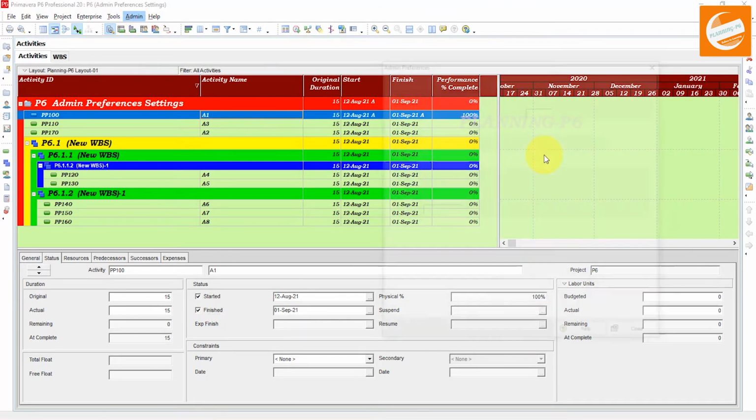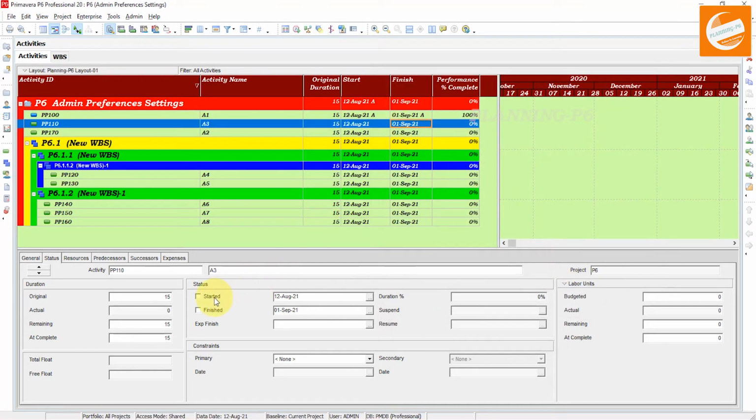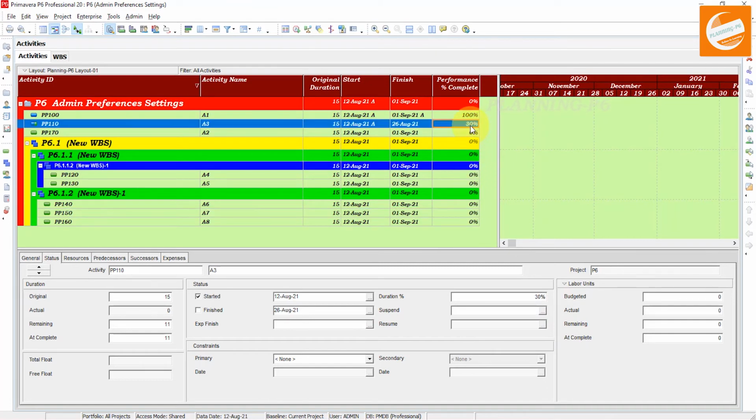And the fourth option is here 50/50 percent complete. If that activity is at 30%, 40%, anywhere from 0 to 99%, the performance percent complete will be 50%. Because I assigned the activity percent complete when inserting the activity, it is showing 30% here.